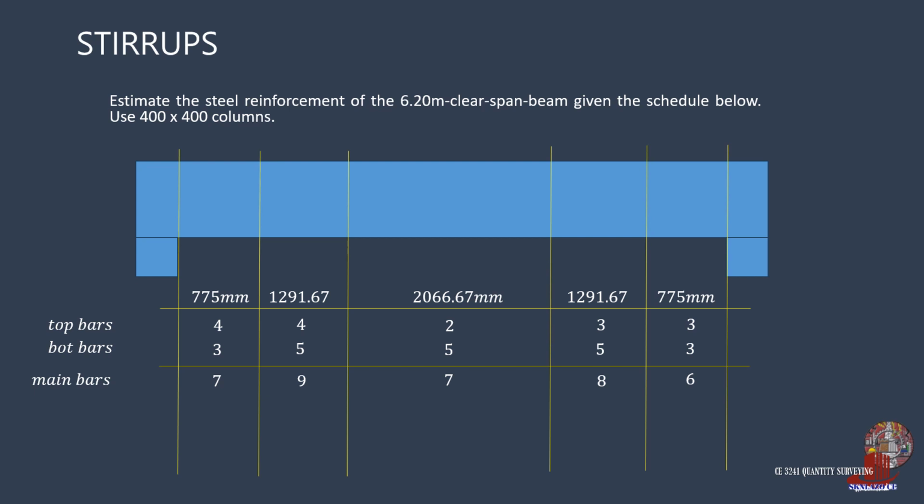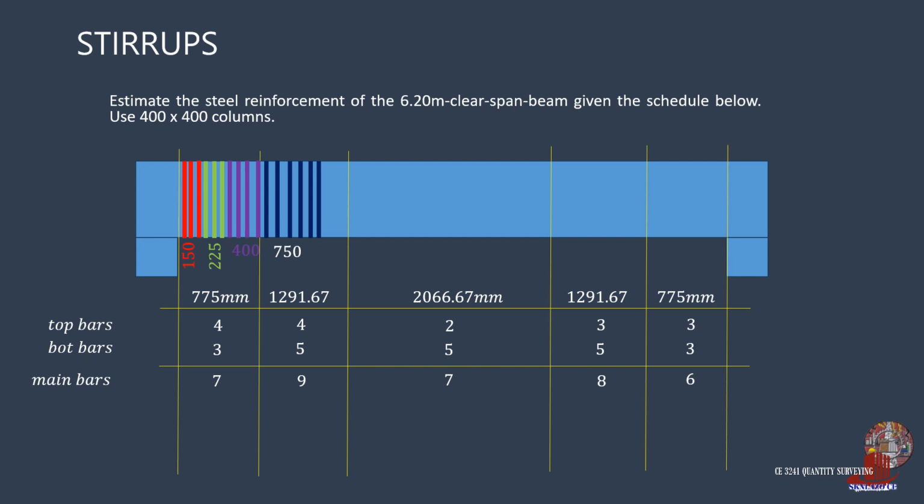From the left column face, the first 3 stirrups are spaced at 50 mm, which consume 150 millimeters. The next is 3 stirrups spaced at 75 mm, which use another 225 mm. This is followed by another 4 stirrups spaced at 100 mm, making 400 mm. The next are spaced at 125 mm, which use another 750 mm from the length.